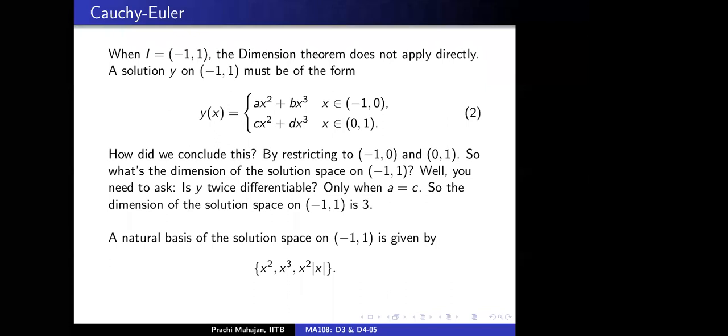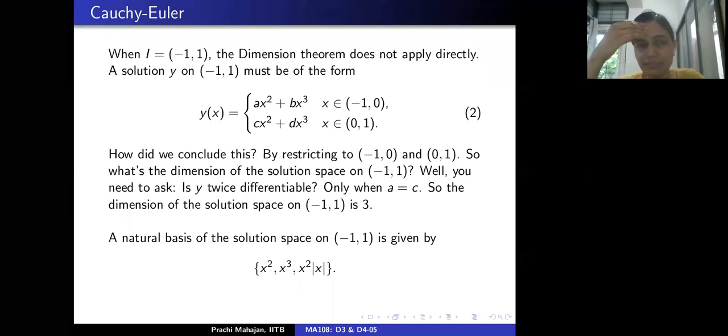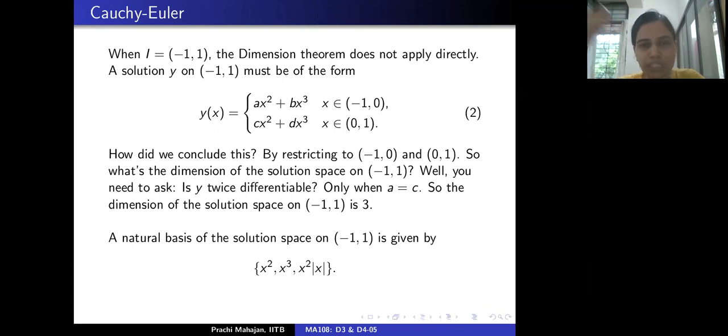So what he's trying to say is, in order that the function is twice differentiable, the coefficient of x square should be the same on the interval -1 to 0 and on the interval 0 to 1. So you will run into trouble if you take x times mod x, because x times mod x will look like x square on the interval 0 to 1, which means that c is 1 there. But on the interval -1 to 0, it will look like minus x square, which means a is minus 1, which means that a is not equal to c. Correct? Is that okay? Yes, ma'am.